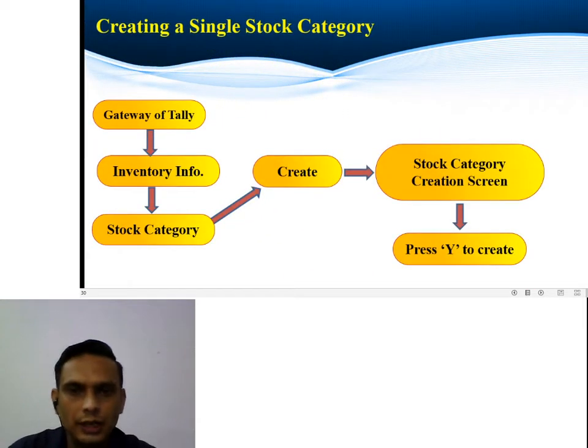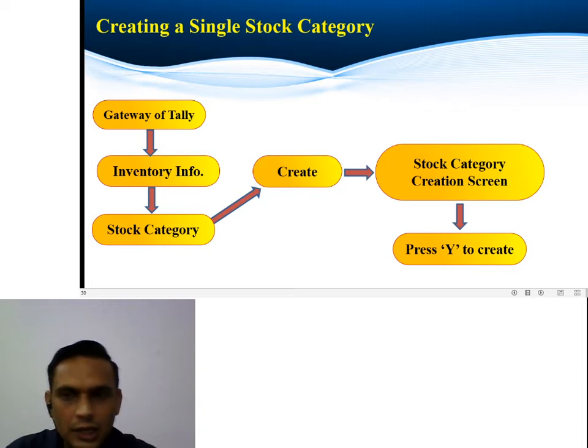To create a stock category, before that we should know what a category is. Just like everything is categorized in some specific way, we have different types of categories. If we have a showroom of computers or computer hardware, there are different types of monitors, keyboards or mice. To identify these products, we categorize them, such as mouse, keyboard, monitor, motherboard. These are the categories by which we can distinguish them.